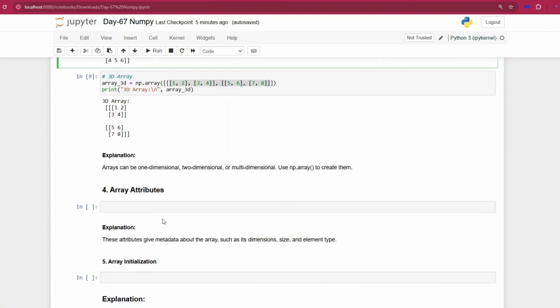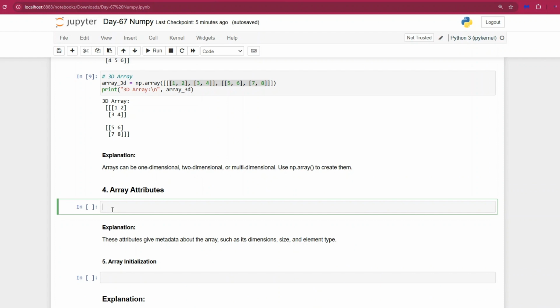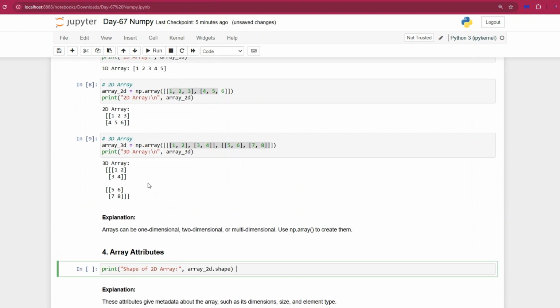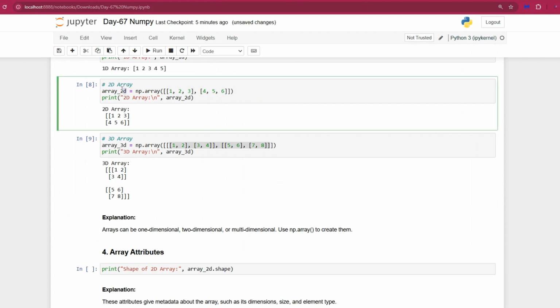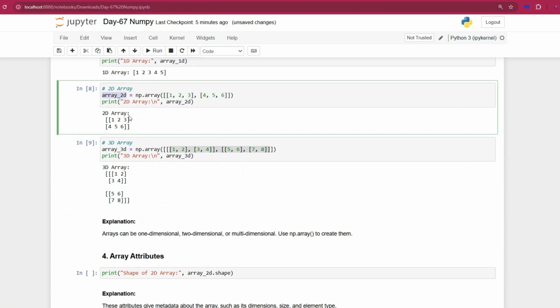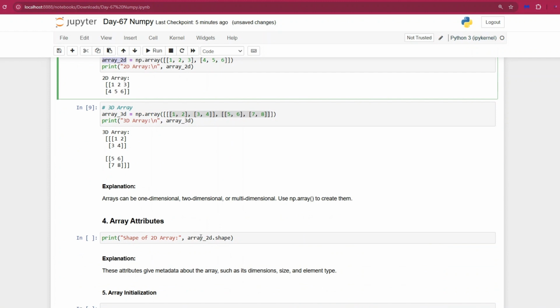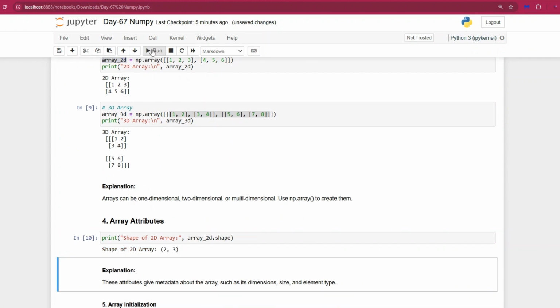So now that we have an array, what are the attributes that we can use? For instance, if I want to get the rows and columns of my array, I will use the variable name dot shape, because I want to get the shape of the array. So if I want to get the shape of my two-dimensional array, array2D, I will use array2D.shape. And then when I run this,